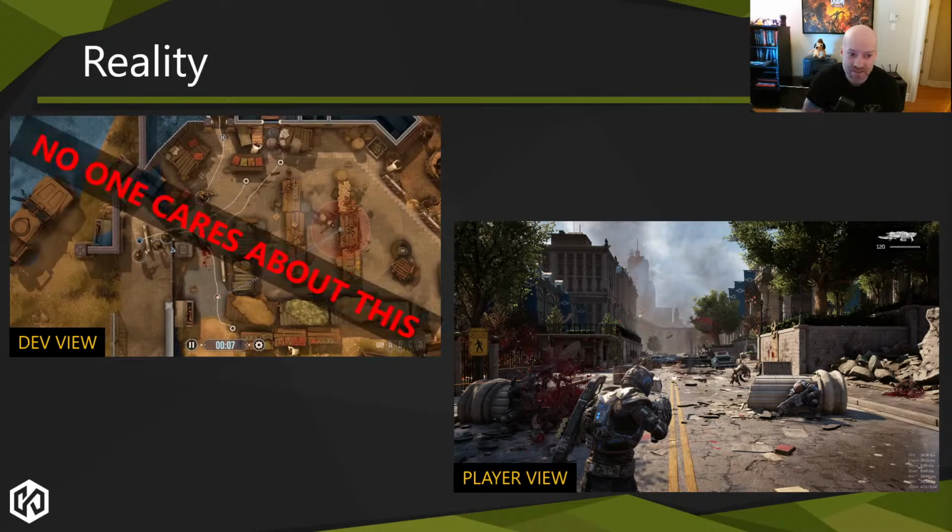And so the reality is, frankly, nobody cares what the dev's view is, right? It's all about what the player sees and what the player experience is. And a lot of times devs get really focused on this theoretical approach to, oh, we're going to do these cool behaviors and we're going to be smart. It's like, no, hold on. As a player, what do you need for gameplay? What is it that would make this combat encounter more exciting? And I can guarantee you it's not going to be flanking and staggered movement and all this kind of stuff.